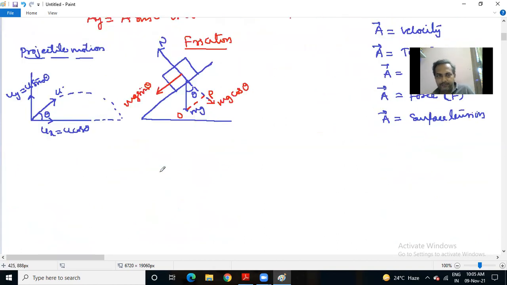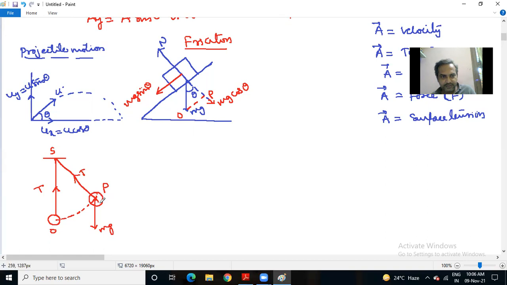I'll give you another example where we come across resolution of vectors. Suppose you take a simple pendulum. It is pulled aside to undergo oscillations. When the simple pendulum comes to this position during oscillation, of course it continues to oscillate, but as and when it comes to P, mg acts vertically downwards. When it is at the mean position, tension acts vertically upwards towards the point of suspension. Now there will be tension here.